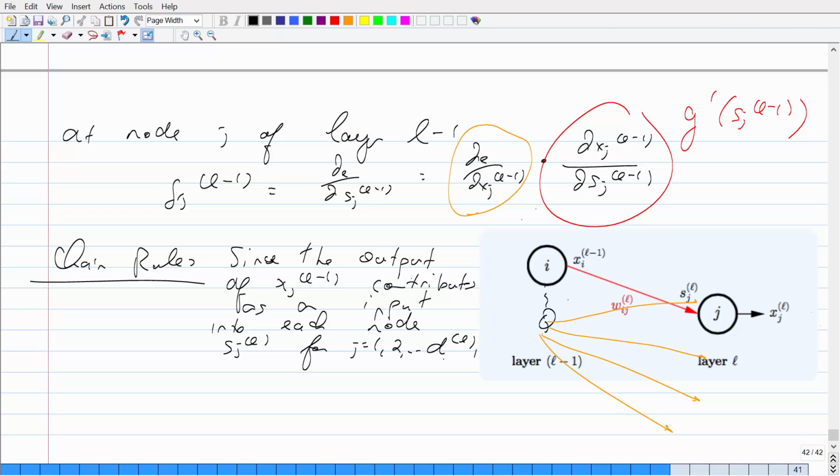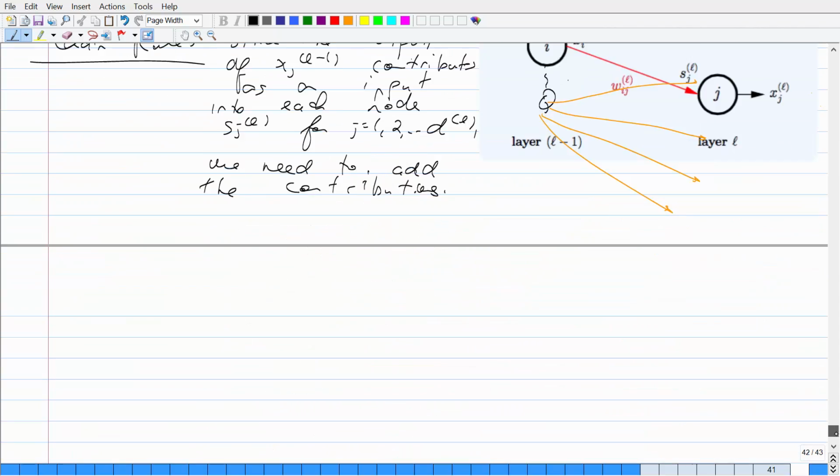Okay? We need to add all the contributions. So it's just using chain rule again. If this is confusing, don't worry about it. We'll talk about the formula at the end. Okay? So therefore,